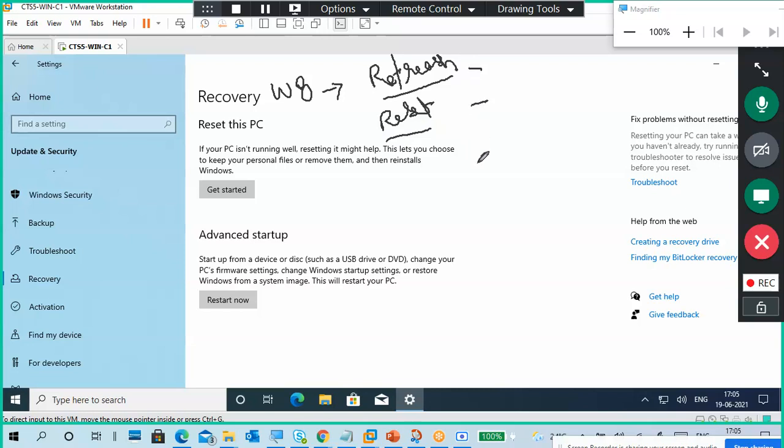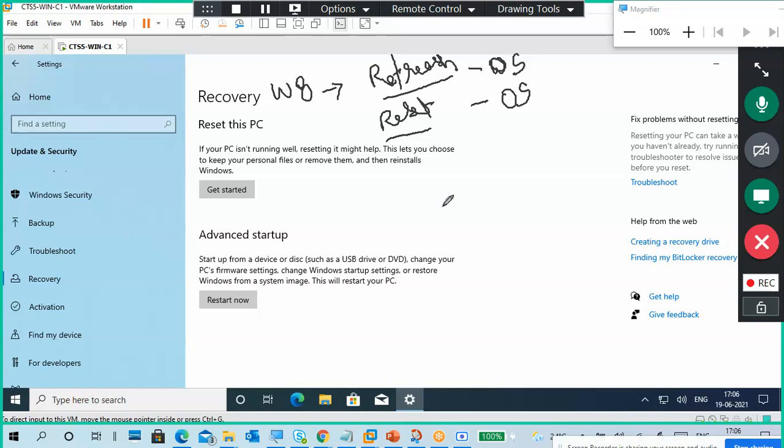So what is this refresh and reset? First understand, refresh means your operating system, your OS, is going to be reinstalled. In reset also, the OS is going to be reinstalled automatically. So why do we do refresh and reset?